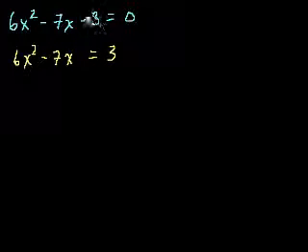And some teachers will leave the minus 3 here and then try to figure out what to add to it. But I like to get it out of the way so that I can figure out very cleanly what number I should put here. But I also don't like this 6 here. It just complicates things. I like to have it x plus a squared, not some coefficient in front of the x squared term. So let's divide both sides of this equation by 6, and you get x squared